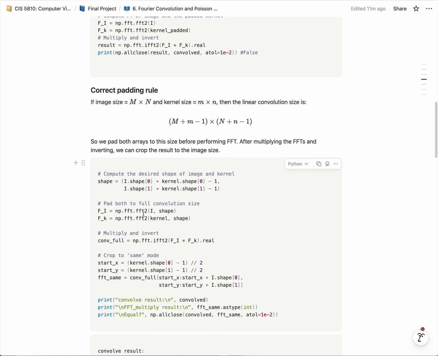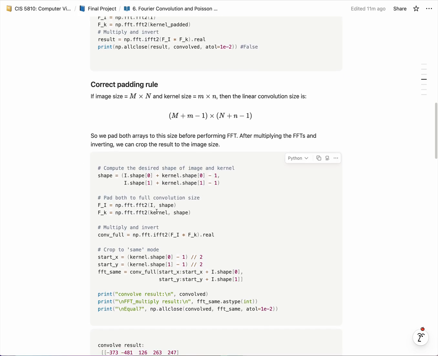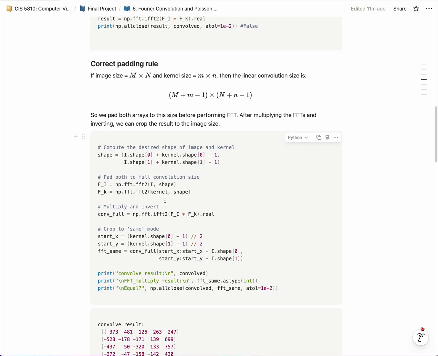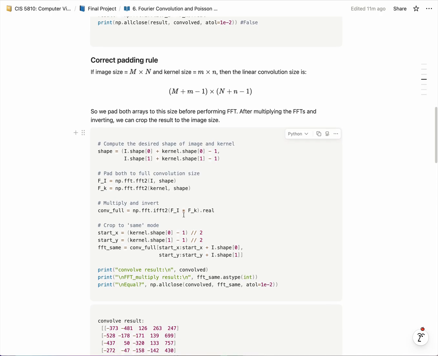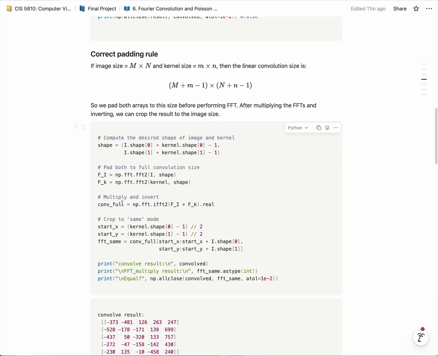NumPy's two-dimensional fast Fourier transform can zero pad the image and the kernel to the desired shape and take its Fourier transform at the same time. So we're saving steps here. Now we end up with our forward Fourier transforms. We do the pointwise multiplication. We take the inverse transform and we take the real component of that. Now we have ended up with our proper